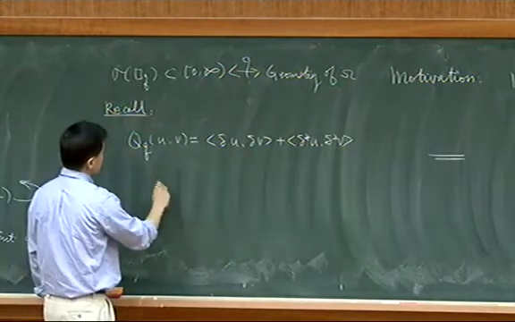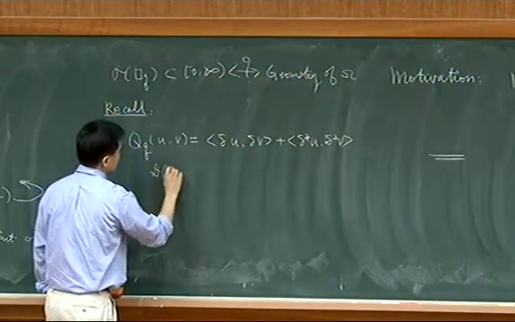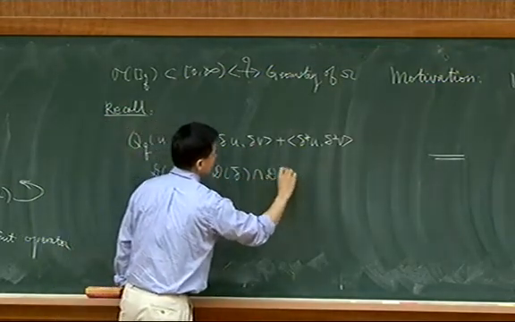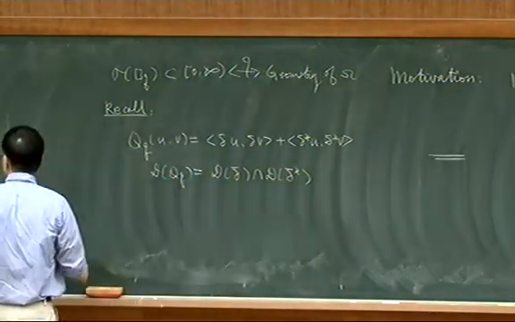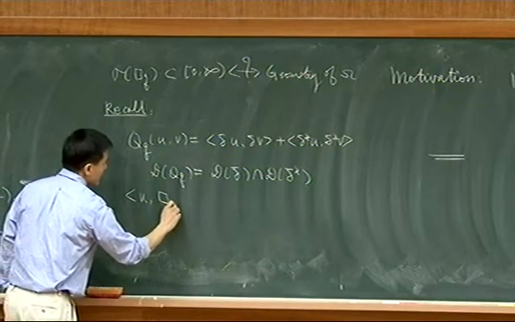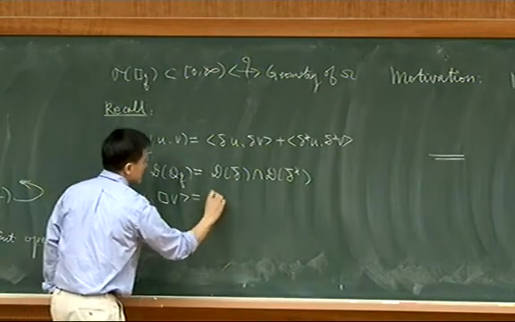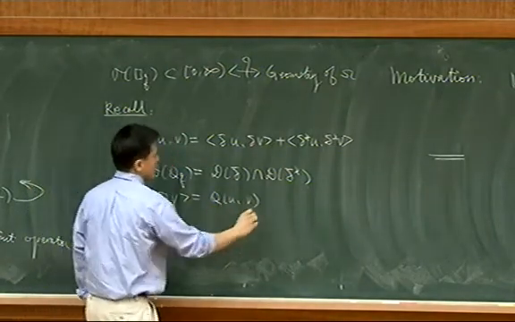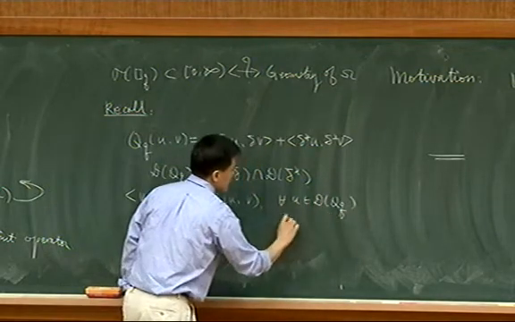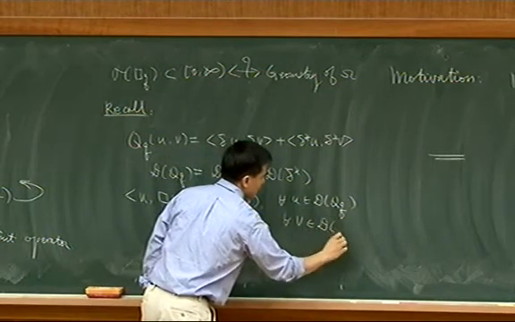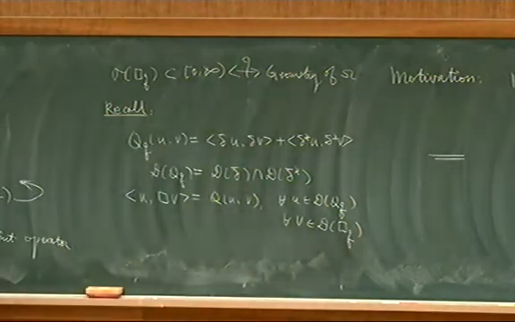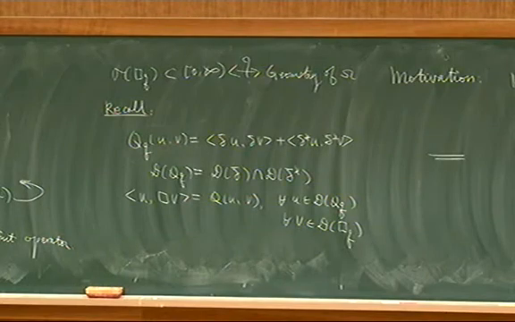Now, the domain of this, of course, is just the domain of dbar intersect the domain of dbar star. So this operator can be defined through the quadratic form: the inner product of the operator applied to u with v is just Q(u,v) for any u in the domain of the operator, and any v in the domain of the quadratic form. Now, this operator, as I said, is the dbar-Neumann Laplacian.